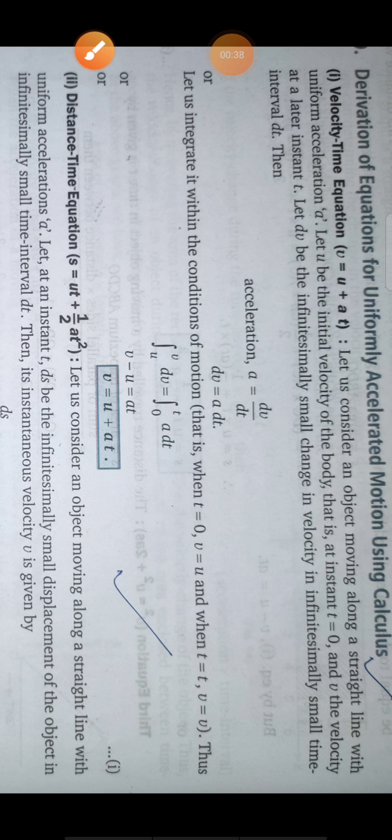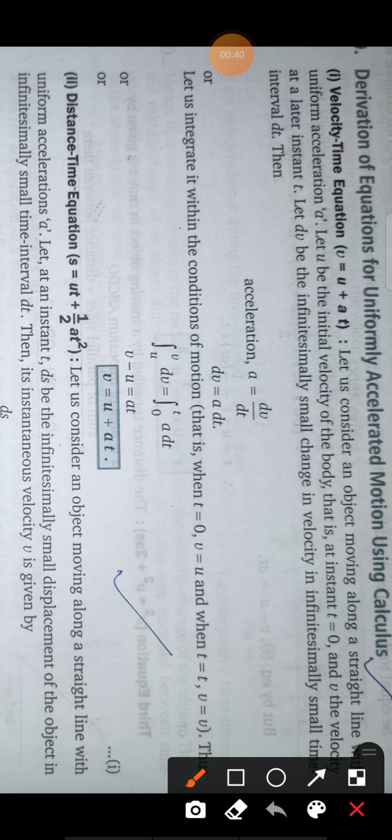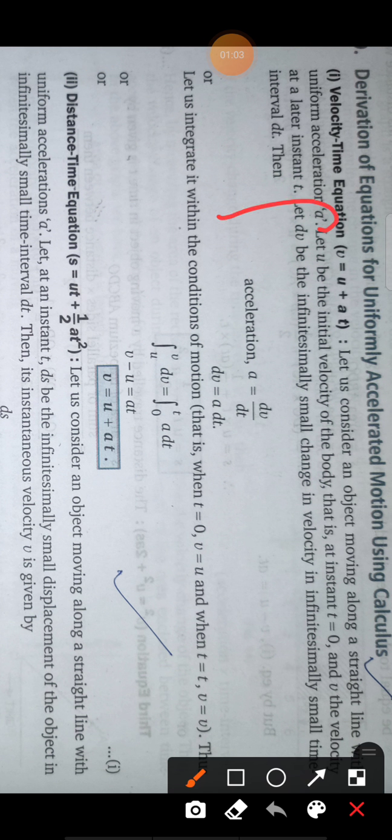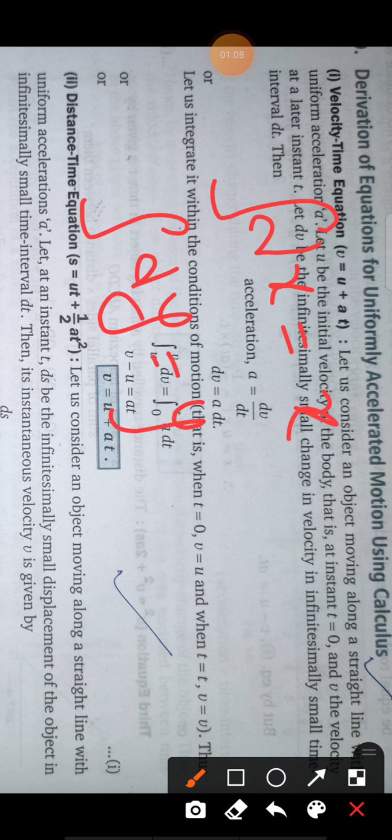So I hope all of you watched the integration video carefully. Actually, we have to use only two integration formulas. The first integration formula is integration of dx is equals to x. Here the variable is x. Now if the variable is not x, suppose the variable is y, then integration of dy is y. Suppose the variable is t, then integration of dt is equals to t.